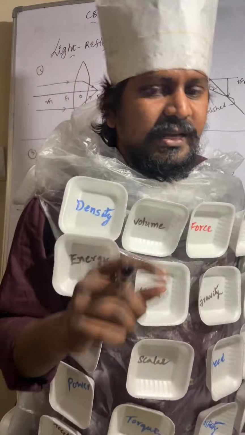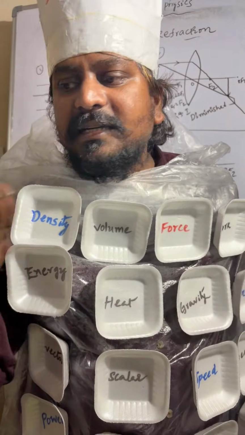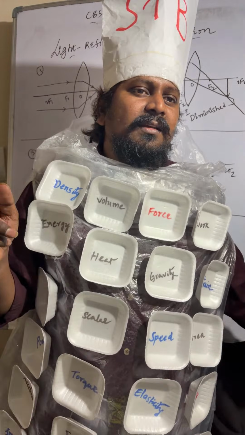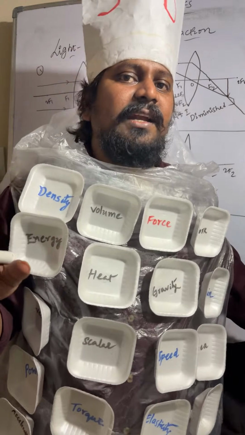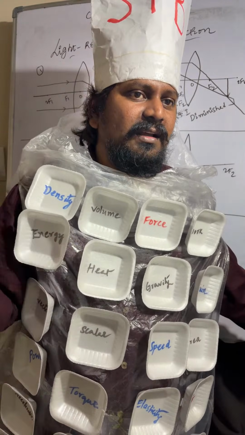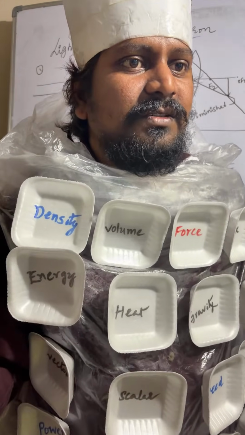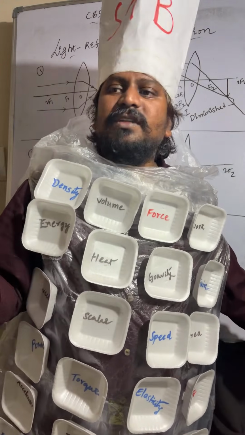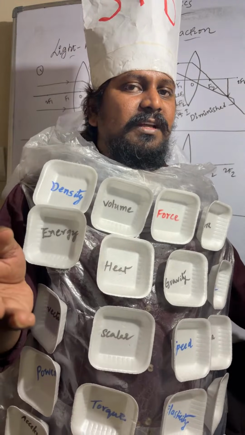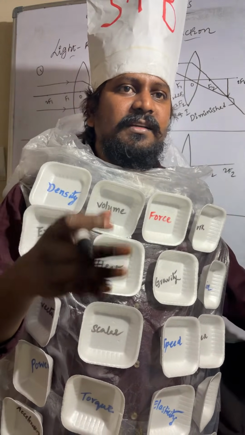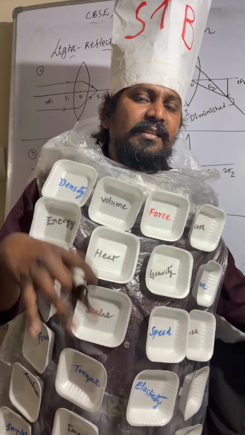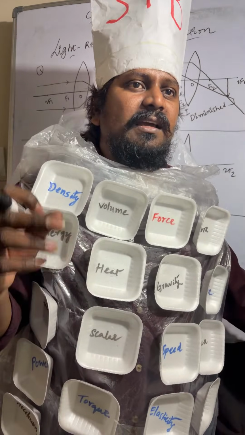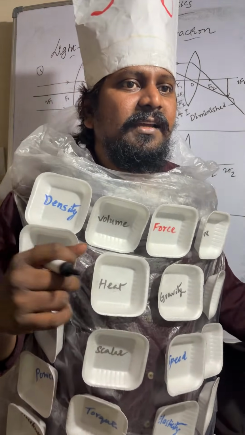For grade 12, electric current, I already explained the chapter. Tomorrow I'll start the next chapter for grade 12. It goes on continuously. Yes, ma'am, we have this topic for 12th, ray optics. Even electric current for 12th standard is already explained. Video is there, you can check once. And for 11th also: scalars and vectors, motion in a straight line, motion in a plane. And coming to the laws of motion, we'll be starting.